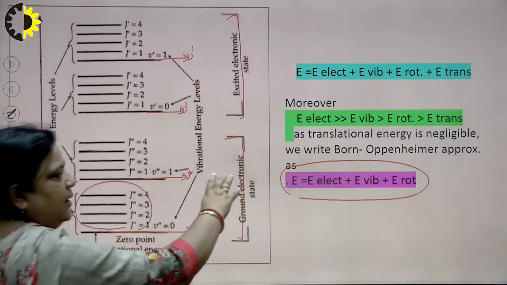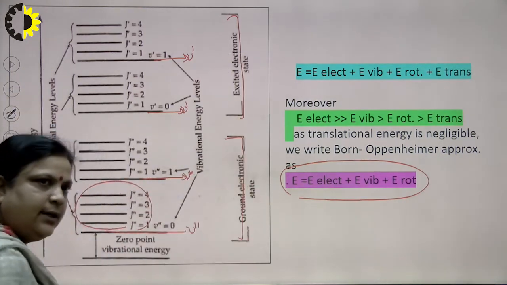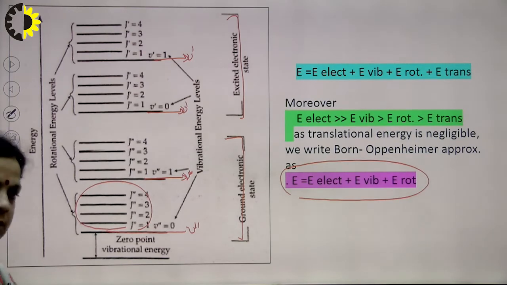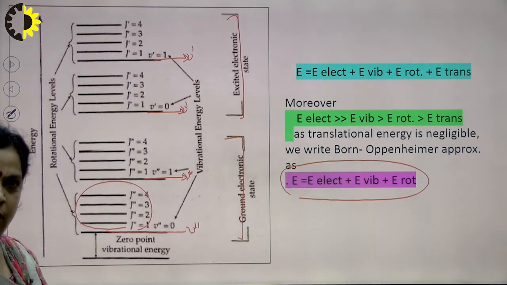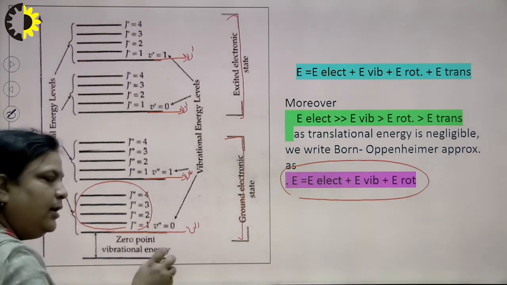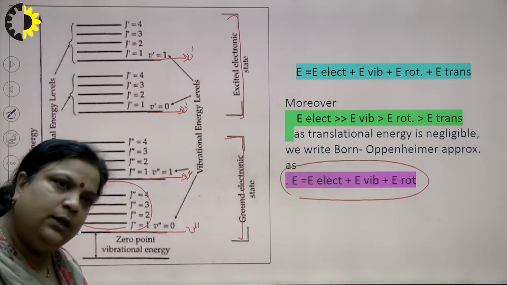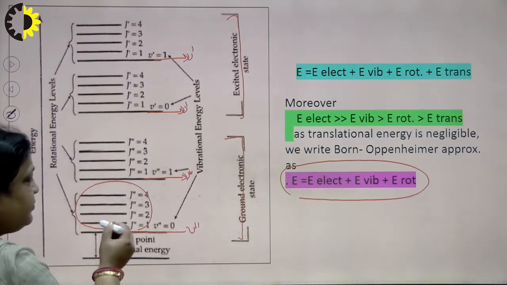These floors are the ground state and excited state. Is it clear? So, ground state and excited state compare with floors, vibrational energy levels compare with rooms, and rotational energy levels are the seats present in the rooms. So, here we see that